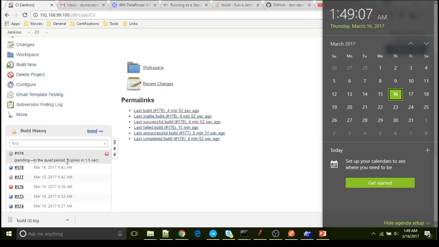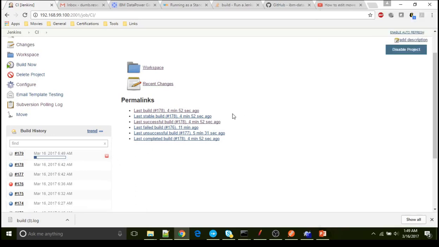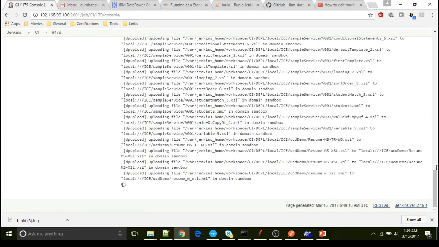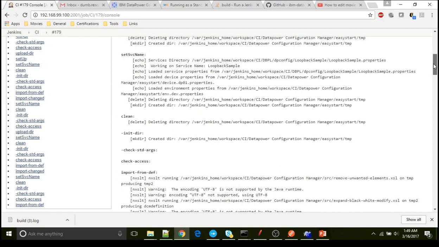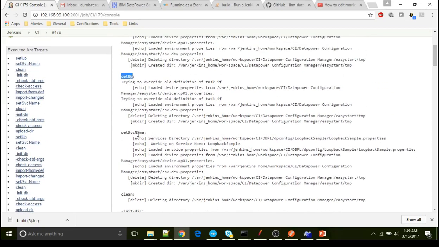So if you see here, the build has started. Pretty cool. So let's go and see what is happening in the console output. We have something called setup, and that is calling set service name.